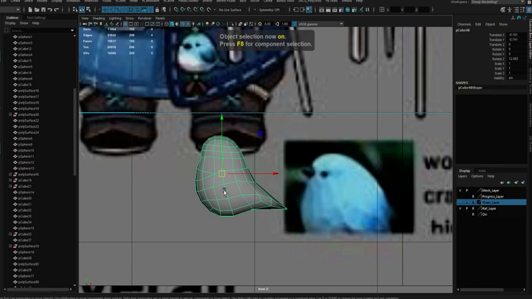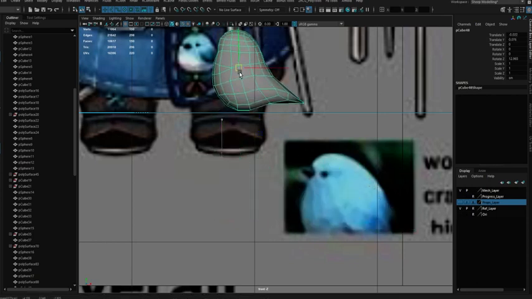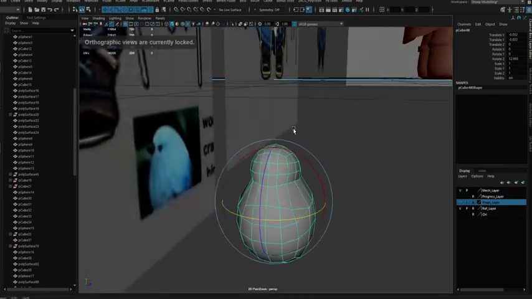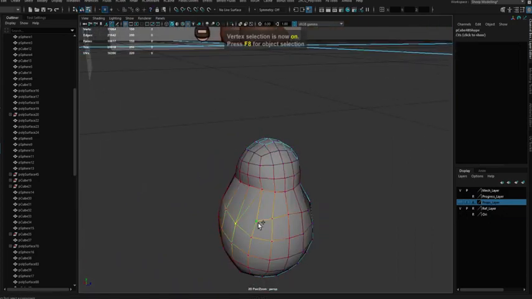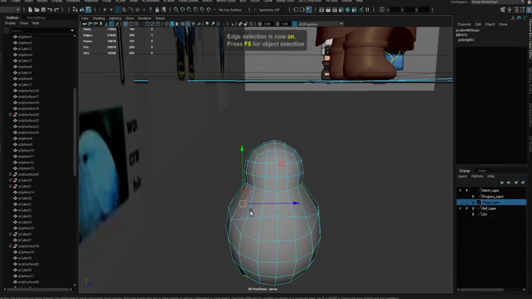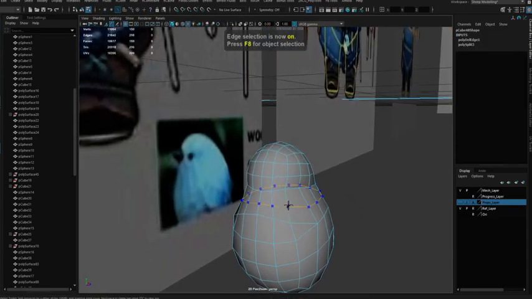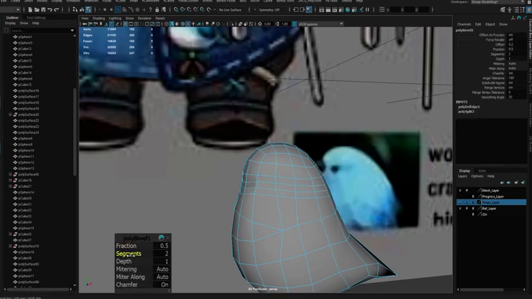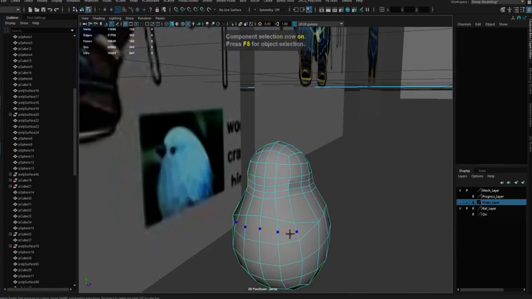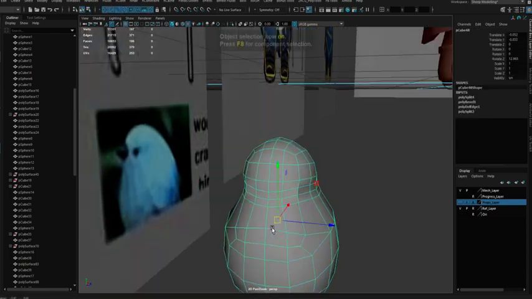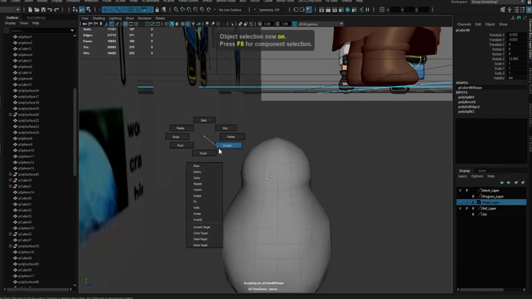This is wrong. So we got it from here, and we got it there. That guy is basically looking like this. And here we go, 170 is fine. I need to smooth this guy up.